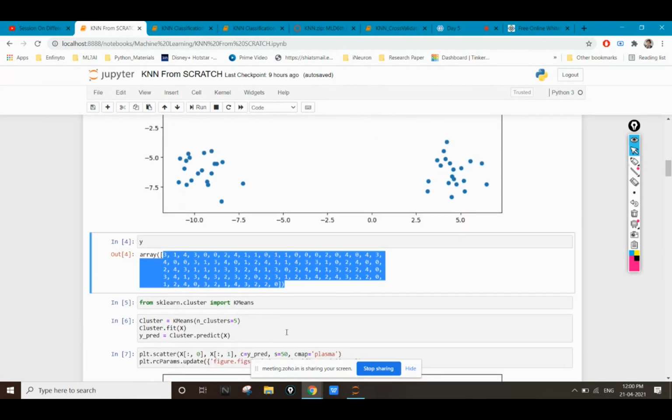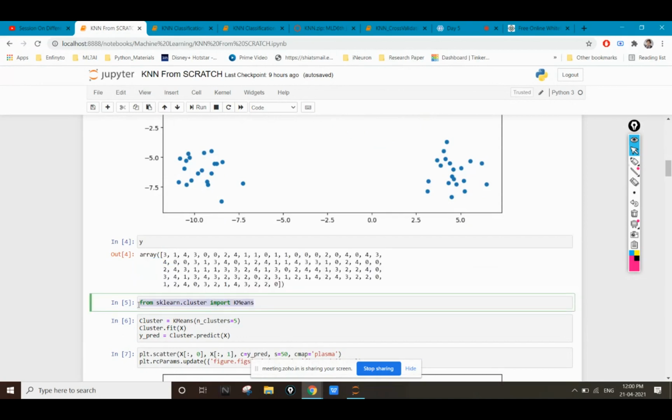Now, if we want to use the library, we just have to import a simple term from sklearn cluster, import KMeans. Okay, we have to write just one simple line, this particular line, and we are able to import this library. We are also going to see in the future under this class itself how we can do all this without the help of this KMeans library.